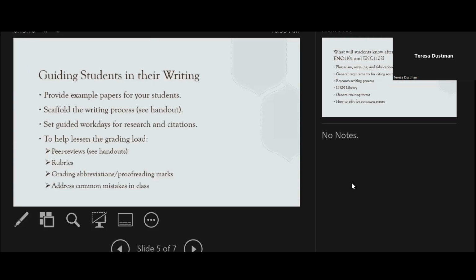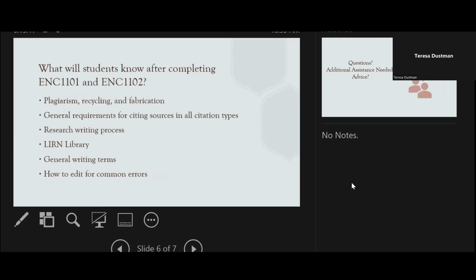After they've done the peer review, after I've done the grading, I will give a lecture just on those common mistakes. Most students have subject verb agreement errors. Most students have fragments or run-ons, or they don't give the right amount of content. So again, those are examples of those common mistakes. Address them in general, as well as you could do the one-on-one conferences that we talked about in our session yesterday.